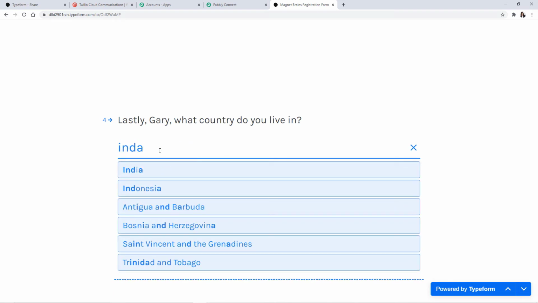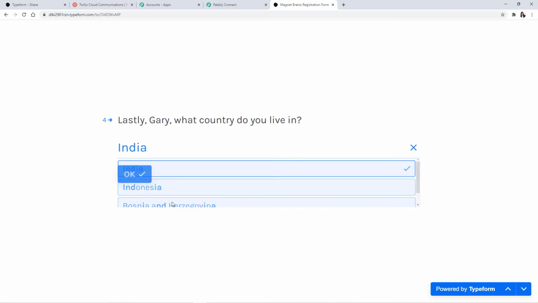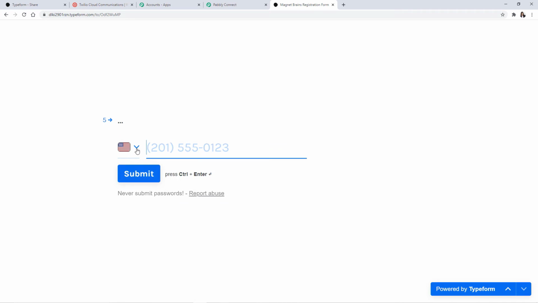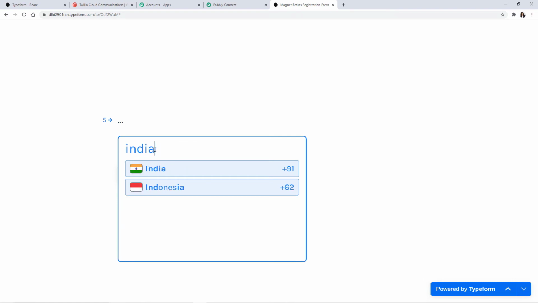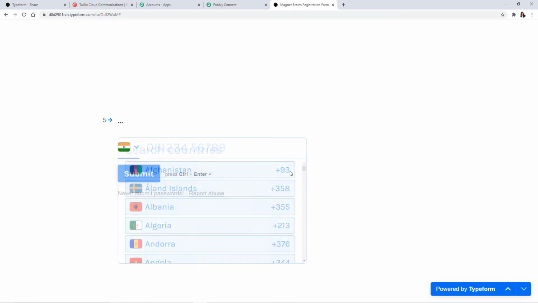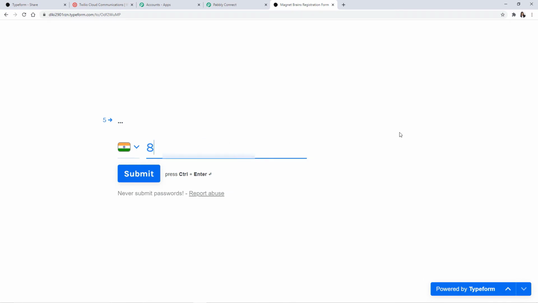Selecting the country here. This is my country name, that is India. Okay, I have to submit my phone number details as well. For that I have to select my country code, that is India. Okay, my number is, and I'm going to submit the form.